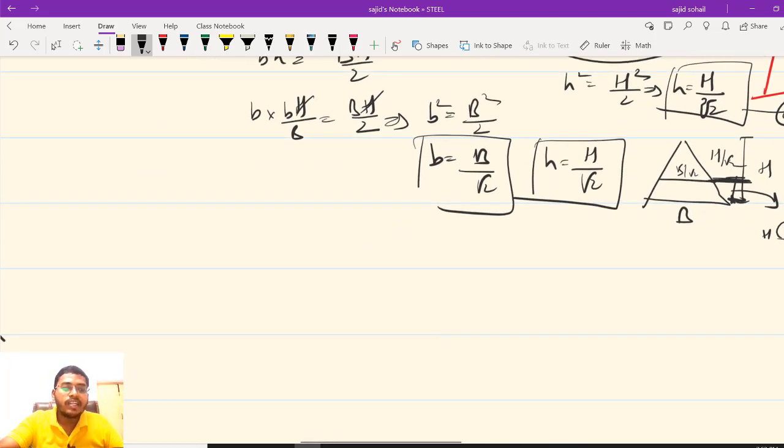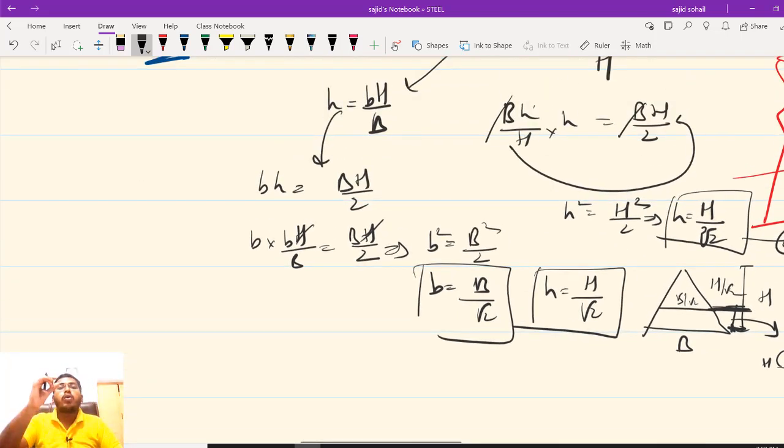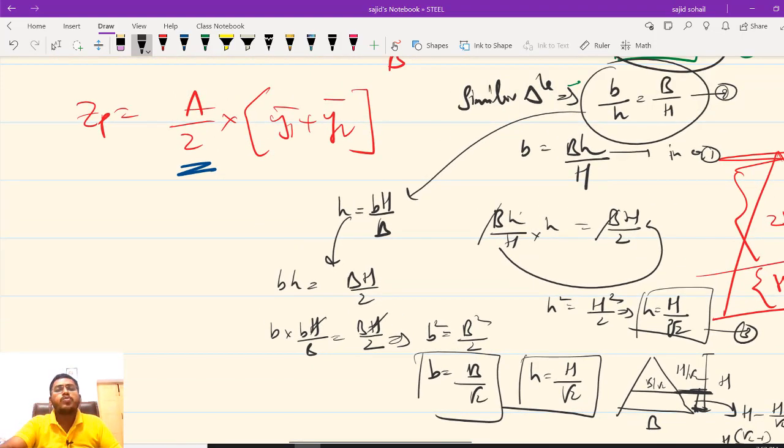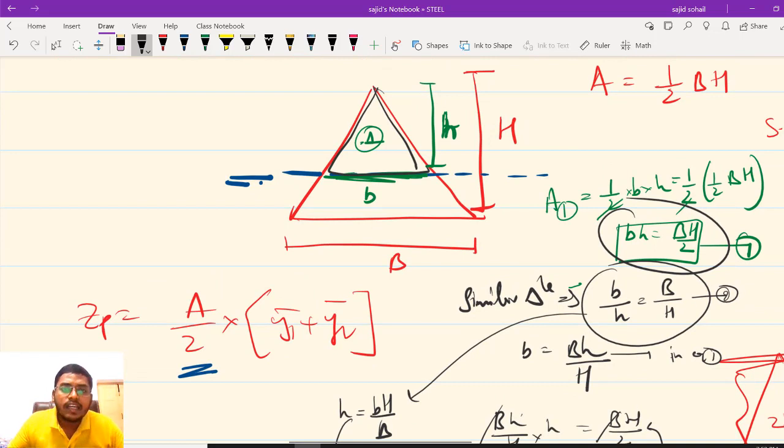Okay, so I hope it is very clear for you. Like this, you can calculate what is the height of the upper triangle and what is the height of the trapezoid and what are the various dimensions. Once you know these dimensions, the problem is very simple. Yaar, kuch bhi nahi hai. Now you know everything. Now you literally know everything.